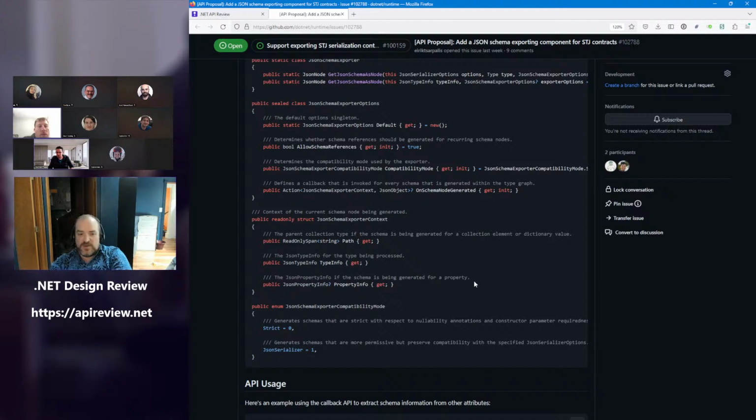So you want to get rid of the default being ignore? I would remove the options completely, remove the enum and the property. Yeah, I would just say if you don't like what JSON serializer options does, you change it before you pass it in. Can you achieve the equivalent of strict, Eric, by creating a custom JSON serializer or custom JSON serializer options? You could, but again, users would be on the hook to do that in order to get